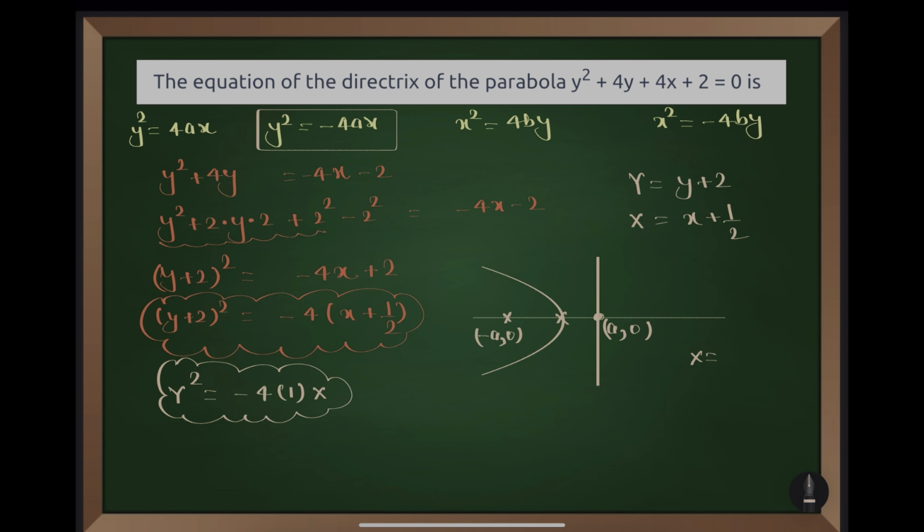So can I say that x will be equal to a? Okay, so who is a over here? So x equals 1, correct? This is the directrix, no? X equals a, so I am using that point only. Now you know that this is capital X, but we are interested in small x, so can I replace capital X with x plus 1 by 2 equals 1, so x equals 1 by 2. So the required equation,